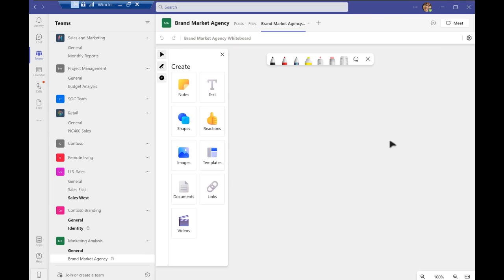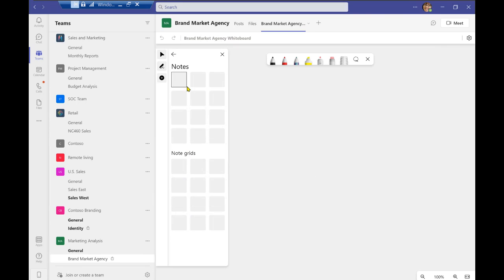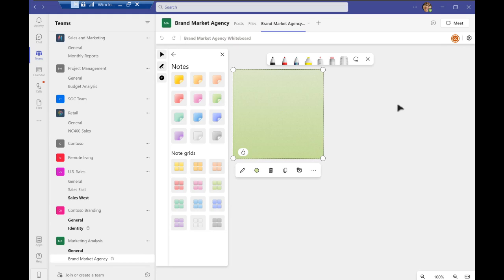I'll allow my colleagues a moment, but as I am doing that, I'm going to go ahead and open up a note page. And you can see that my colleague Christy has joined me, joined Megan, and they can go ahead and collaborate on this function, on this whiteboard together, excuse me. So this allows for, once again, more content collaboration and work that you can do in your day-to-day tasks within your teams and channels.